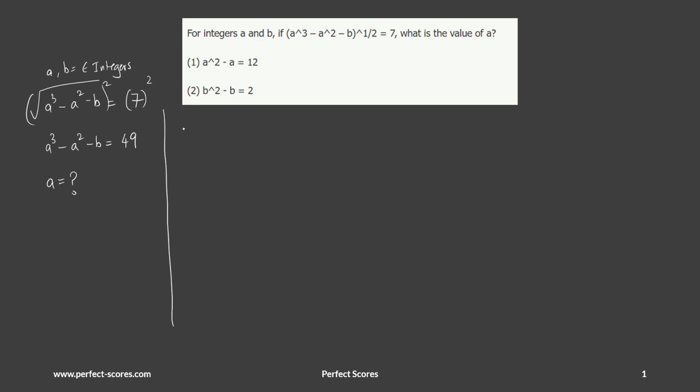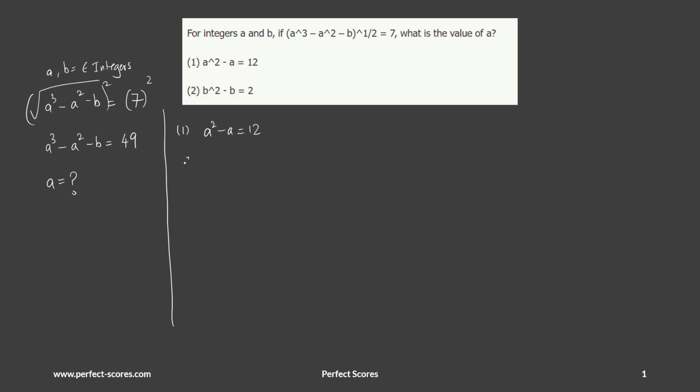Let's go ahead and get started with statement 1, which says A square minus A is 12. To solve this question, speed is very important because you can clearly see that this question is going to ask us to write down a lot of things on our scratch paper. So it's very important to be consistent, but also be correct. Write everything down on your scratch paper in a detailed way, so that you're not making mistakes over mistakes. So you got to be very careful.